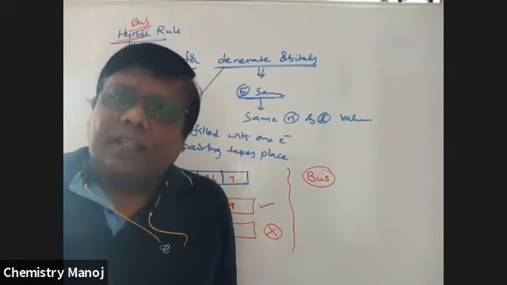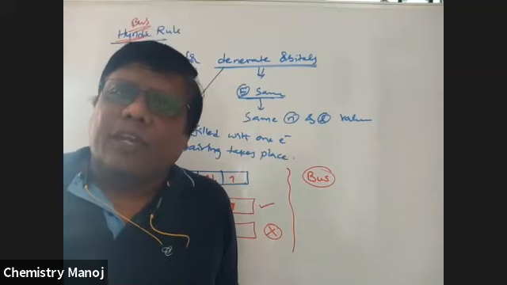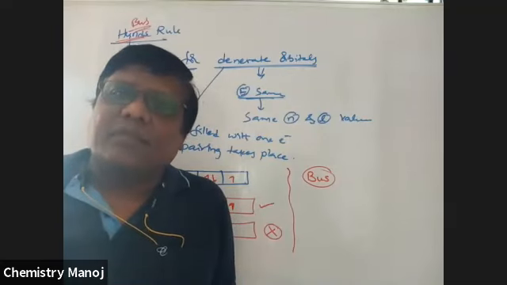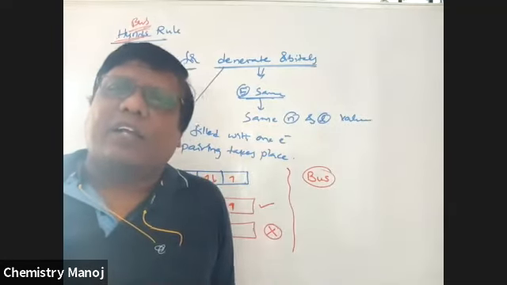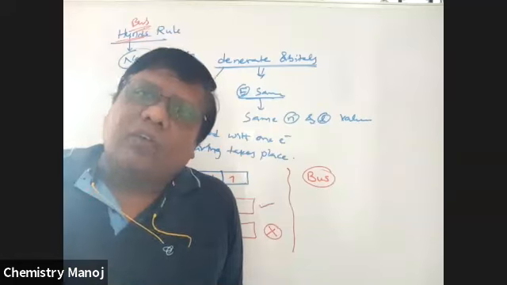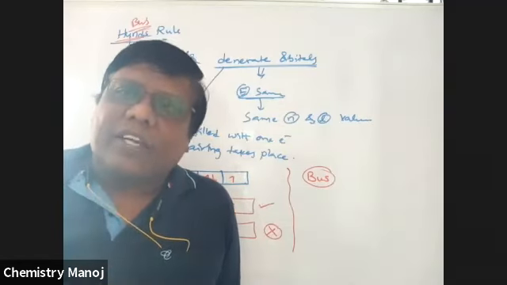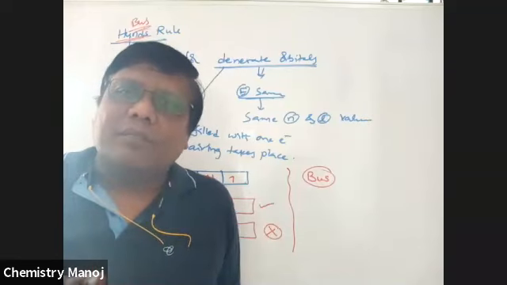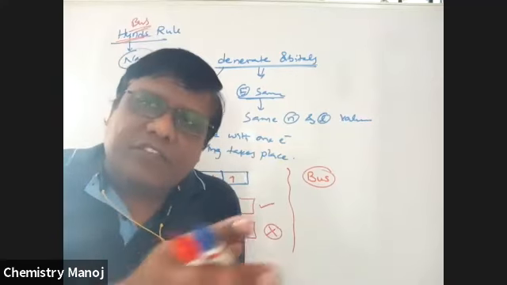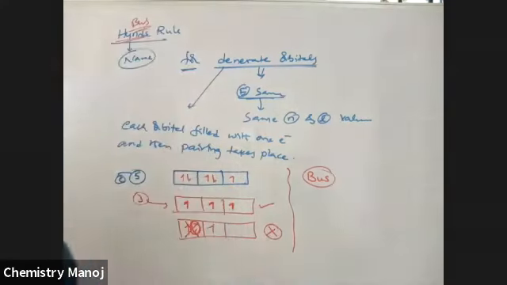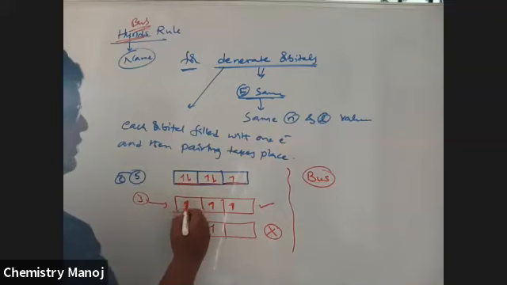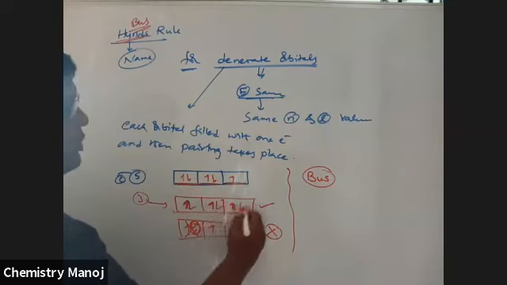Next, another person comes. Where is he going to sit? The other window side or the same side? Most of the people will fill the other window side. Like that, all window seats are going to be filled. Now no window side seat is left. Then someone comes and sits beside us. That means pairing is possible only after each seat is filled with one. All these are seats in our bus. Each seat is filled with one, and then pairing is possible.